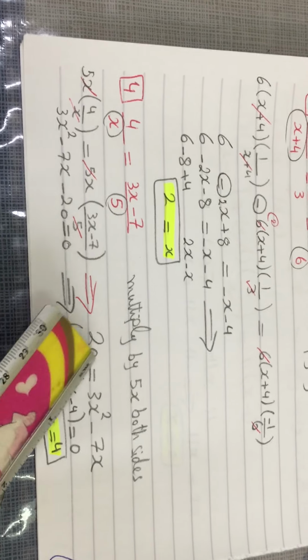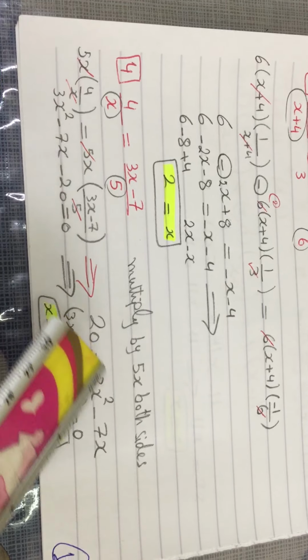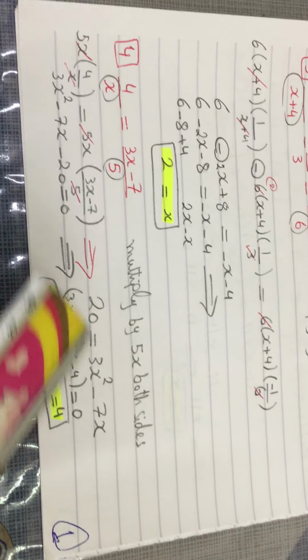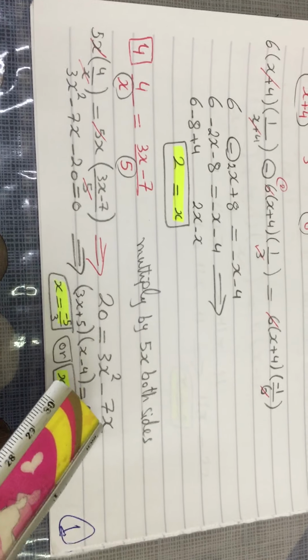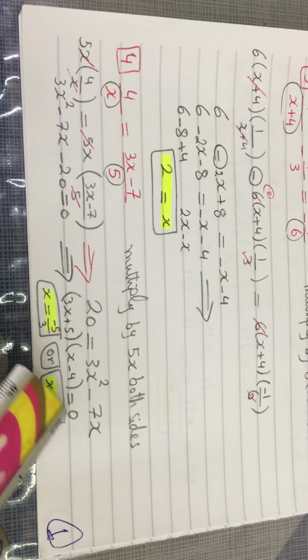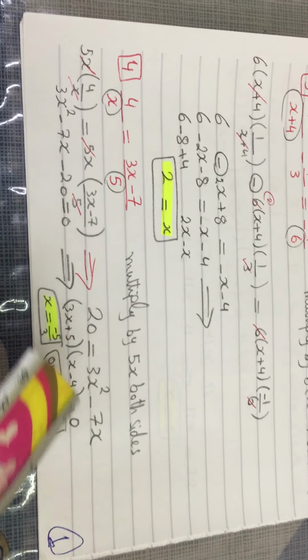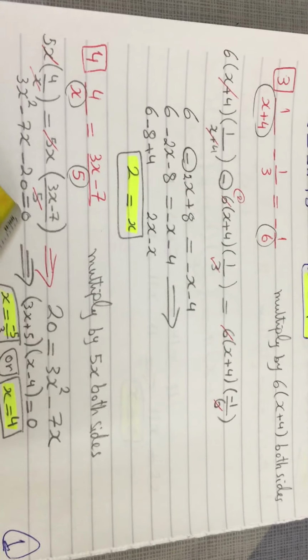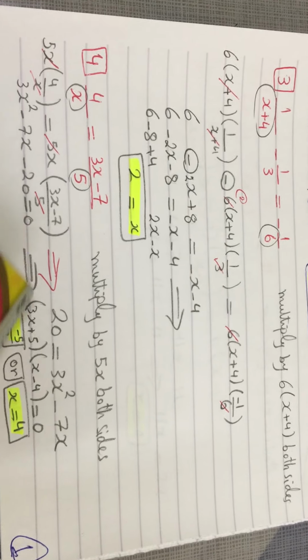I make it here. Okay, 4 multiply 5 equals 20. And then x multiply 3x equals 3x squared. x multiply negative 7 equals negative 7x. Okay, and then take all x's. It's a quadratic equation, so I'll take all terms to one side equal to 0. Then start to factorize